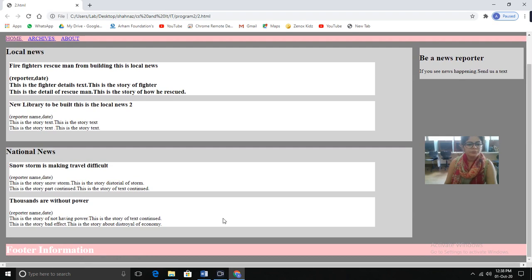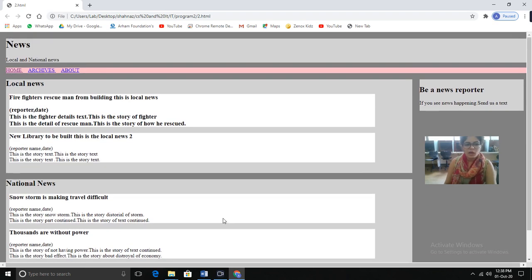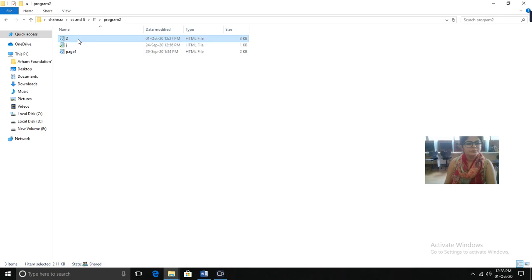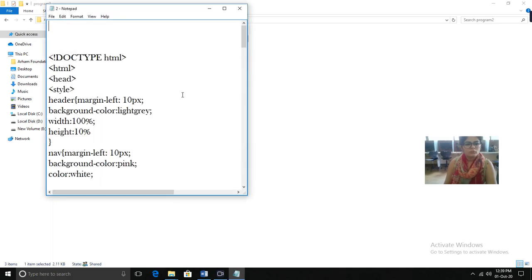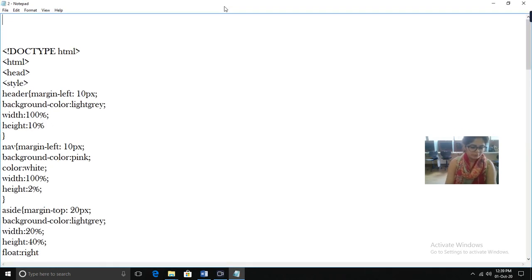This is footer. Okay, so we have to make use of margins in this web page to give properly space or distance between every paragraph, and we also have to decide the size of everything, that is what will be the size of this, what will be the size of this, what will be the size of this. So we have to do all these things in the CSS part. Okay, so let's start with the code.